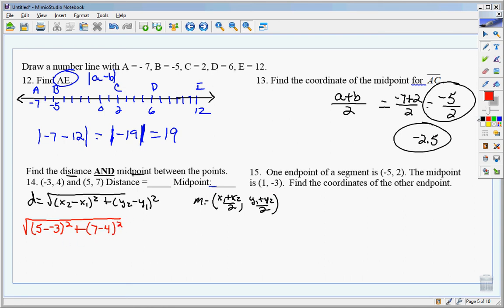The minus a negative is going to change to plus a positive, so I have 8 squared. 7 minus 4 is 3, so I have 3 squared. 8 squared is 64. 3 squared is 9. So I have the square root of 73, or approximately